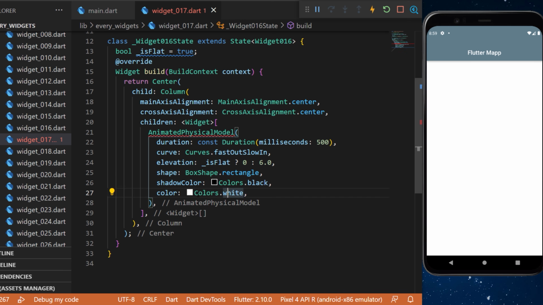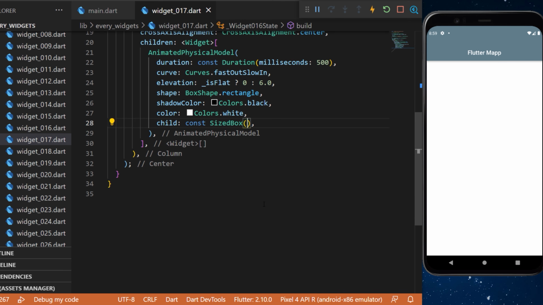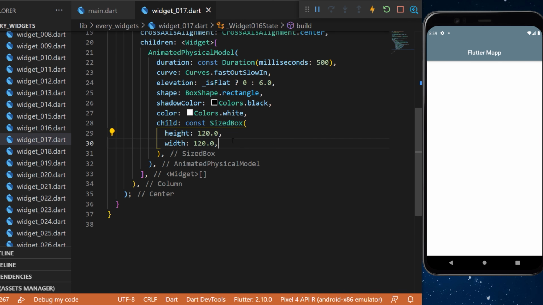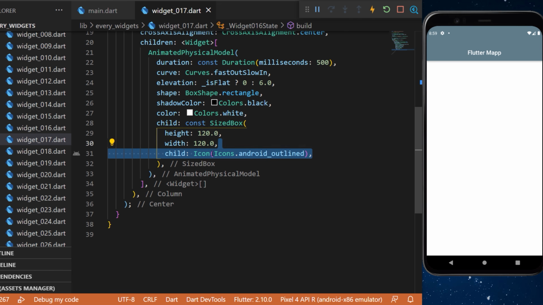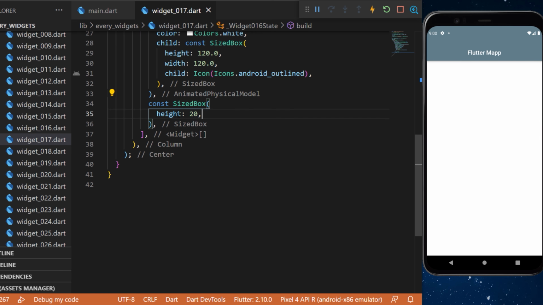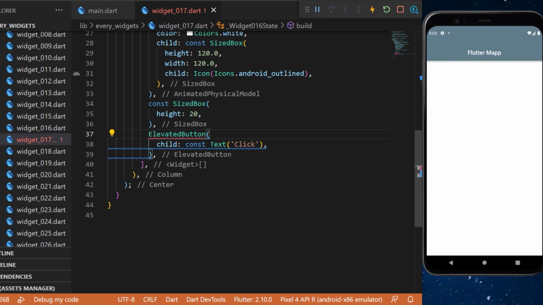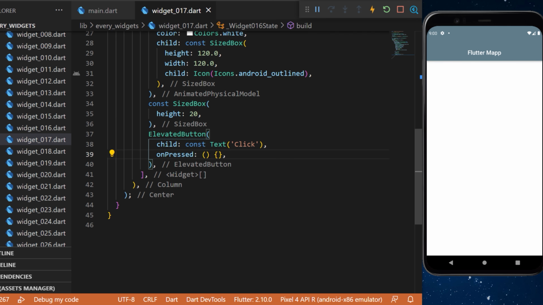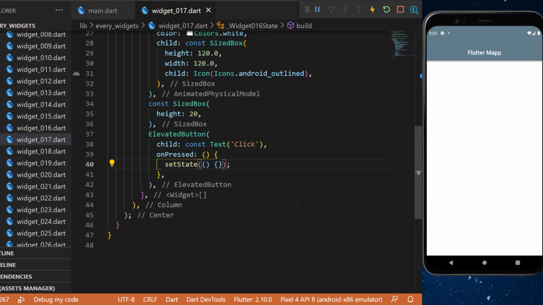The color of the widget will be white. The child will be a sized box with the height and the width of 120. The child is a simple icon with the Android outlined icon. Under this widget, we will have a sized box with the height 20. And an elevated button with the child text click and an onPressed function that will trigger a set state and